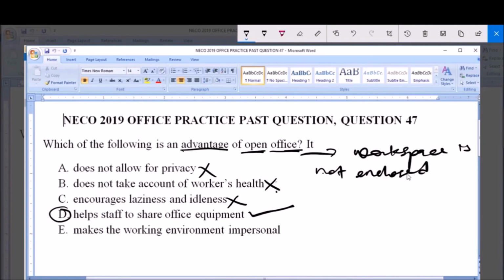Now E says makes the working environment impersonal. This is a disadvantage of open office. So therefore the answer to this question, which is an advantage of open office, is option D, helps staff to